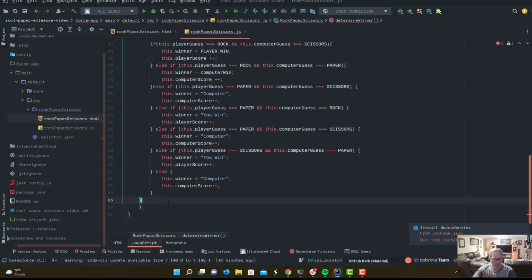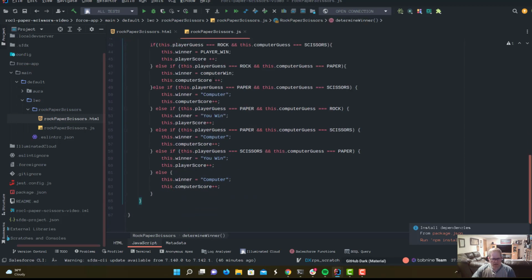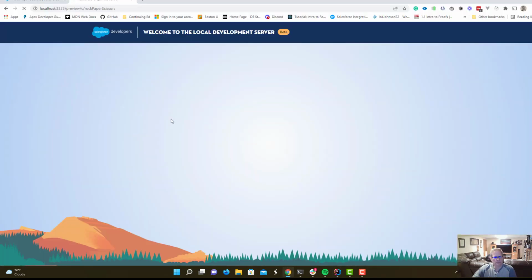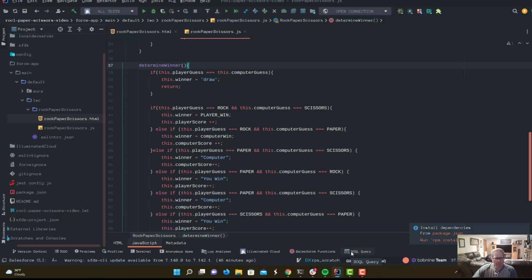I think we have everything in place. So this should work now, if I didn't screw up my copy and paste job out of my notes. All right, except we are not updating the winner value. Check that out. What is going on there? You know what we did wrong? It's funny, you've got to call the method, right? So we wrote a method, we generated the computer guess, but we never actually used it. So we're going to say